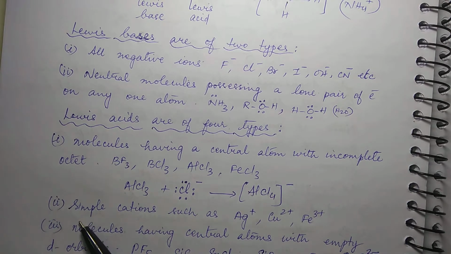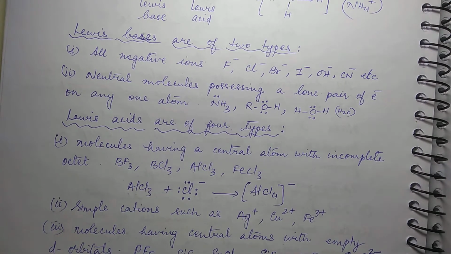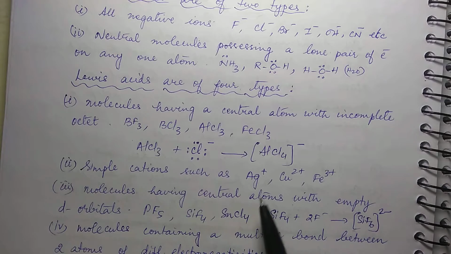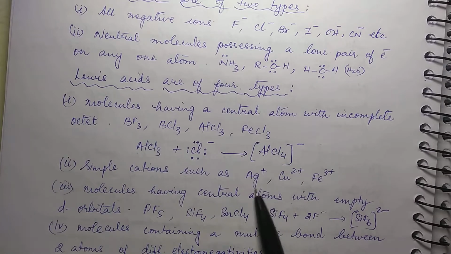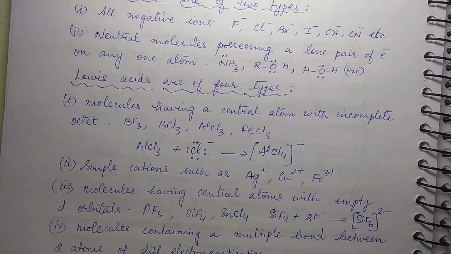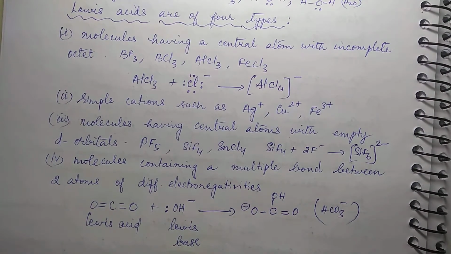Then simple cations such as Ag+, Cu2+, Fe3+ also act as Lewis acids. Why? Because these ions have vacant orbitals where they can gain a pair of electrons, so they will act as acids. Right? Electron pair acceptors. So anything which has space to accept a pair of electrons will act as a Lewis acid. Then molecules having central atoms with empty d orbitals will also act as Lewis acids,